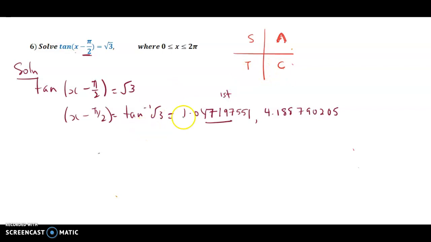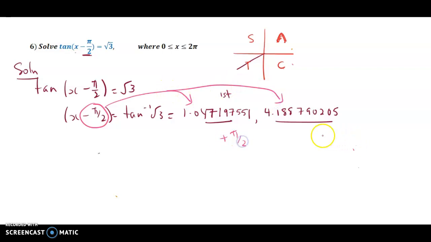And then, seeing that I'm dealing with tan, and I want to get where it is positive in the third quadrant, it will be pi plus this value here, and that gives me 4.188790205. Now, you may think that this is your final answer, but no, I still have to deal with this minus pi on 2. So if I send this over here to apply it to this value and this value, I'll have to actually be adding pi on 2 to this value and to this value. So that ends up giving me 2.618 radians and